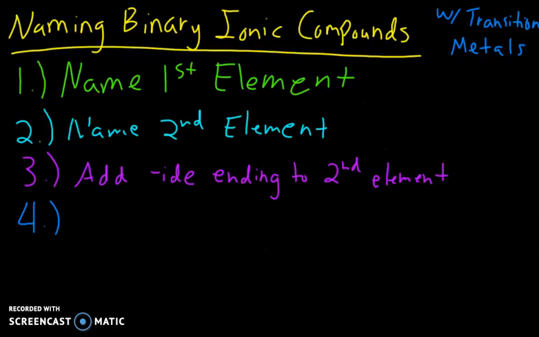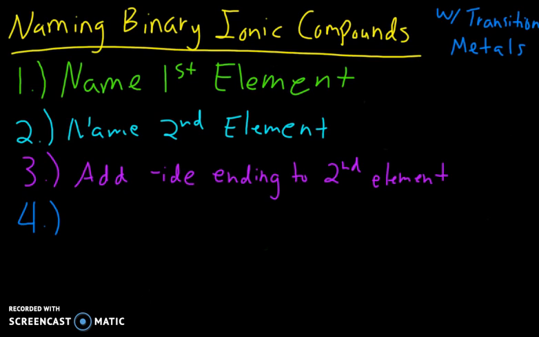Hello, so in this video we're going to be talking about how to name binary ionic compounds that have transition metals in them. So we talked about how most ionic compounds have a metal that has a known charge, something like calcium or potassium or magnesium. We know what charge is on those metals. But for transition metals, those can have multiple different charges, so they can make multiple different compounds. So to be specific about what compound we're talking about, we need to make sure that we include that charge